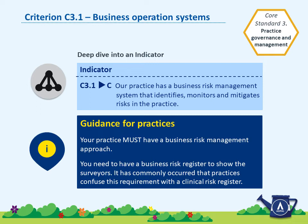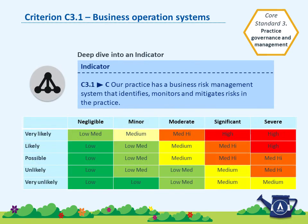So what are these risks? You need to identify the risks, monitor the risks, and mitigate the risks accordingly. So, same indicator, C3.1, our practice has a risk management system that identifies, monitors, and mitigates risk of practice. Here's a risk matrix. You may want to use this. I use this in my practice. I have a spreadsheet with all my risks